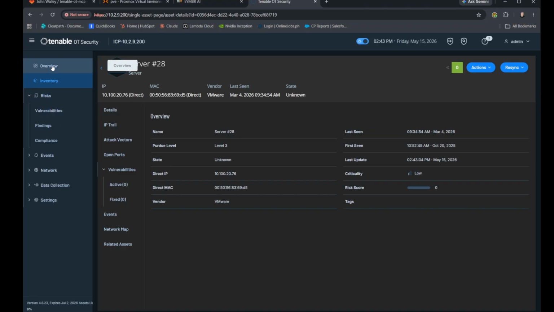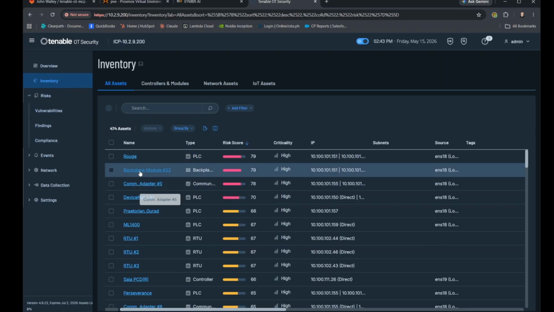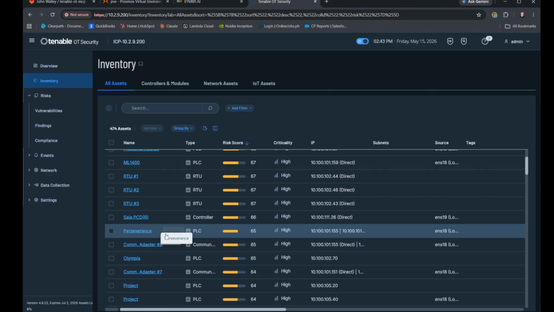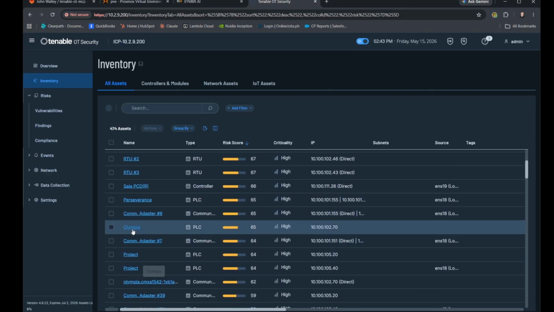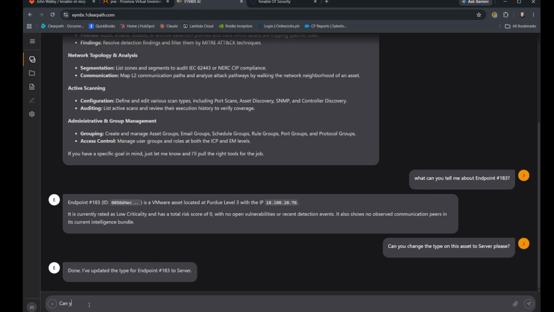If I go into risk and vulnerabilities or my inventory and I start dealing with some higher risk assets, let's say, we could look at a backplane or one of these other PLCs like Olympia, for example. And then we want to know what's going on with it. I can do something very similar, but I'm going to ask a very detailed question. I'm going to say, can you give me all the threat intelligence and risk associated with this asset? Can you give me a detailed review